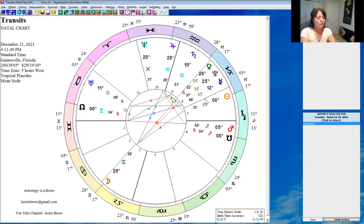Also following astrometeorology, this aspect coincides with heavy precipitation. Jupiter is going to be at 29 degrees Aquarius. It's at that critical degree. You should remember 29 degrees. You can see it's right there. Jupiter's at 28 today, so in another few days,